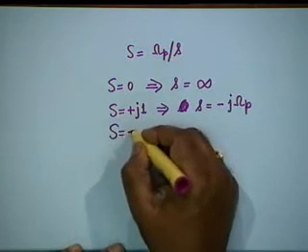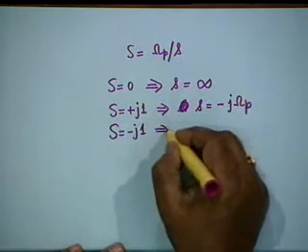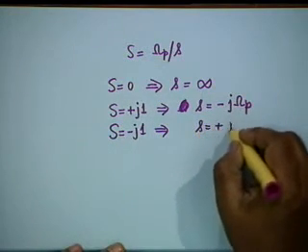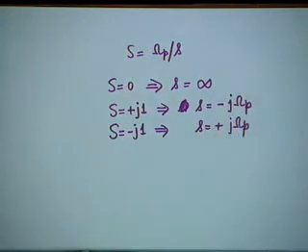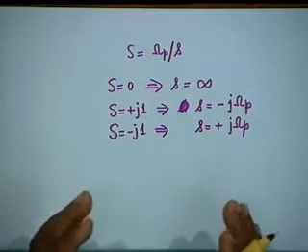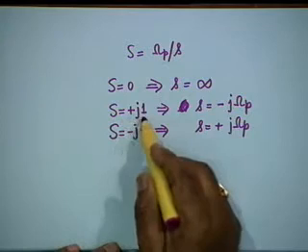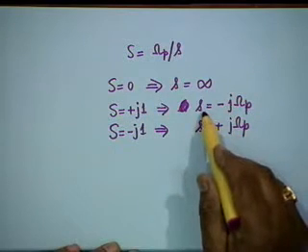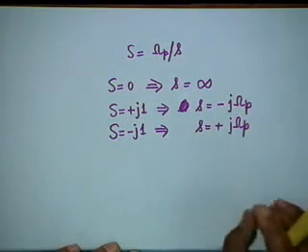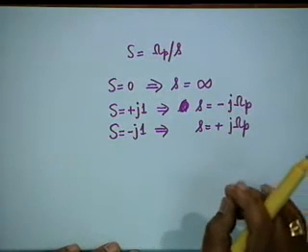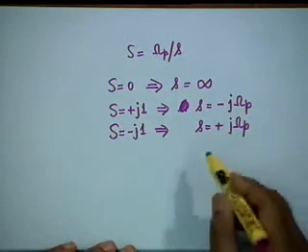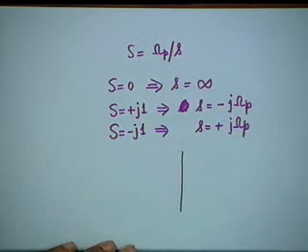Now capital S equal to minus j 1 corresponds to small s equal to plus j omega p. All right. So you see the magnitude characteristic is even. If you plot for negative frequencies, you shall get the even. So S equal to plus j 1 leads to small s equal to minus j omega p, which means that the cutoff frequency is omega p, and it is now a high pass filter.